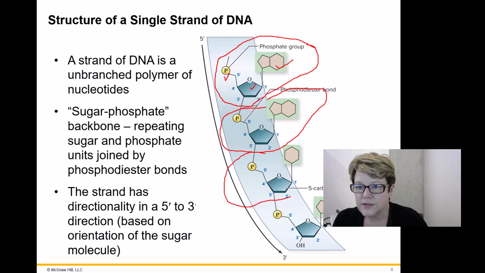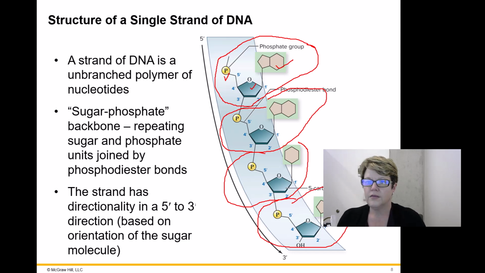This is another one here. This is another one here, and so on. So they're just showing 4. No matter how long this chain is, at the very top, you will have the free 5' phosphate group, which is shown here. And no matter how long this chain is, if you go all the way to the other end, you'll have a free 3'